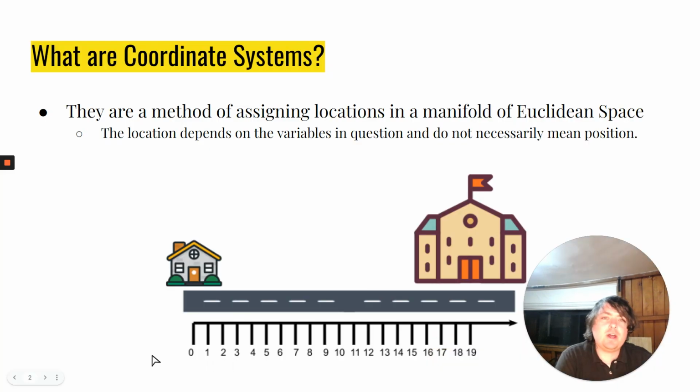So first, what are coordinate systems? Well, essentially, they're just a method of assigning locations in a manifold of Euclidean space, which is just a fancy way of saying real physical space. So, the location itself depends upon the variables in question in your function. They don't necessarily mean position, even though I did say location. In physics, it's very common for your coordinate system to be a bunch of position locations, but it's not necessarily